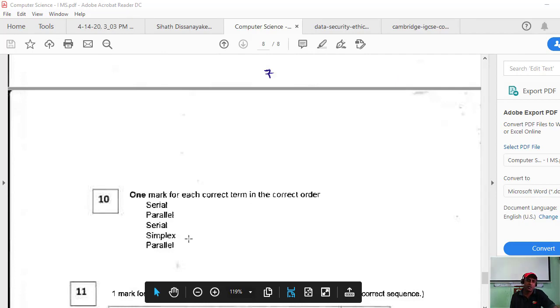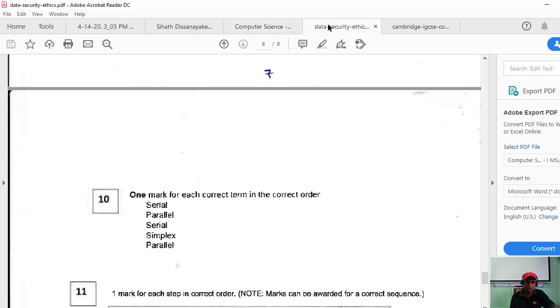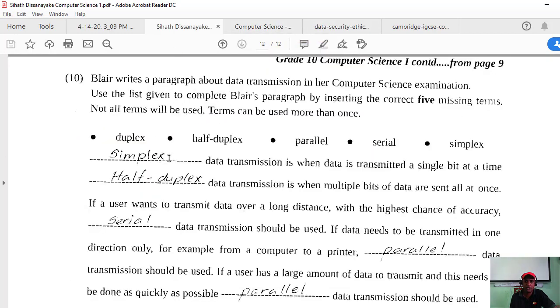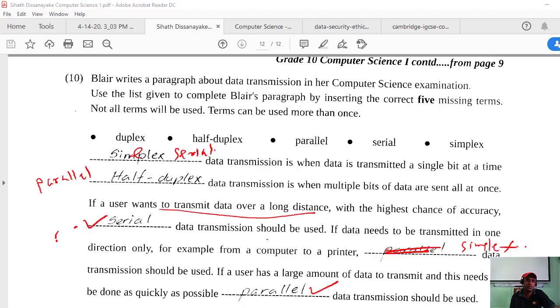Right, correct. So I think one answer of yours is wrong. The first one, no? This is wrong. And there are more than two.